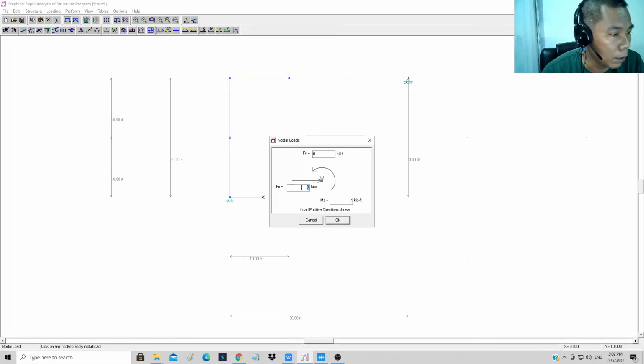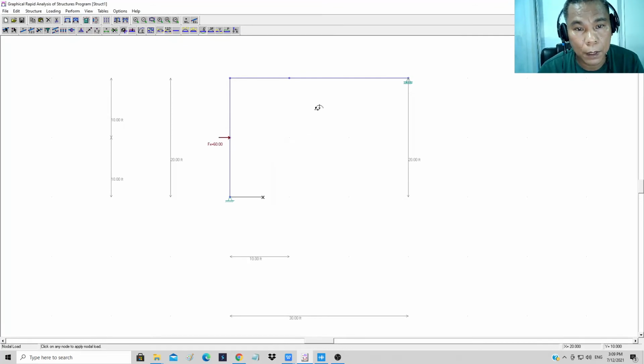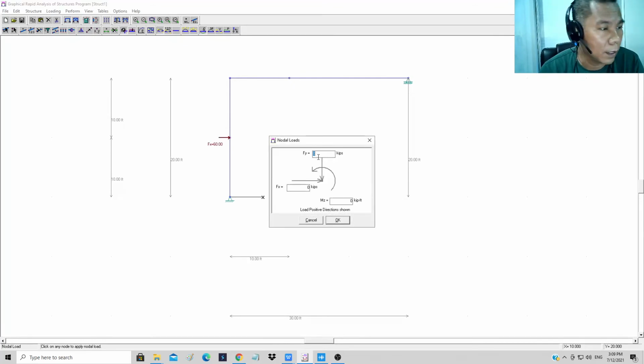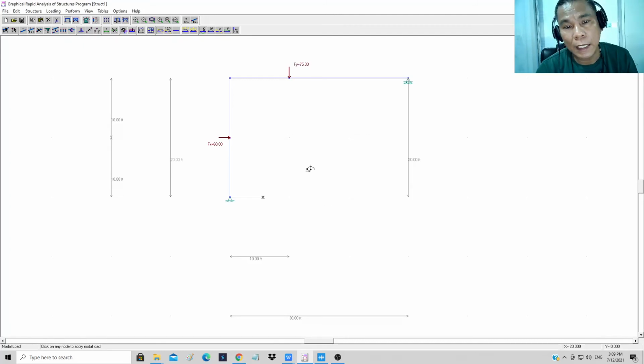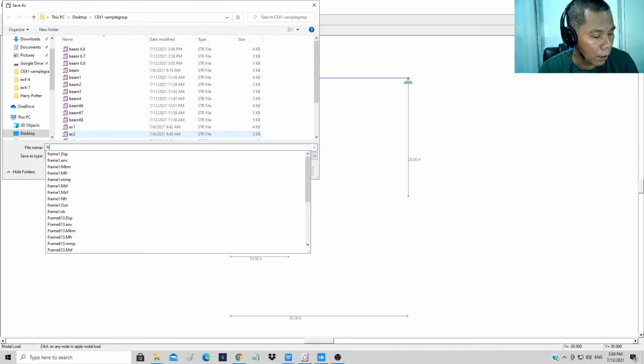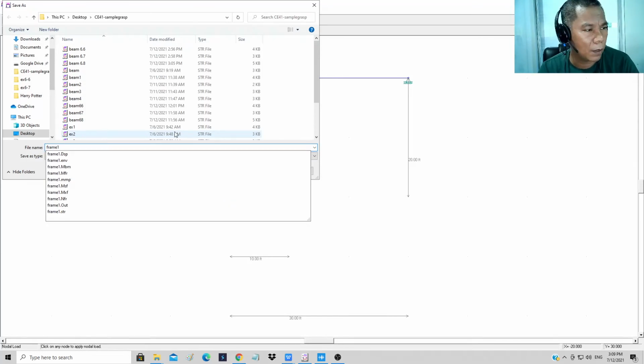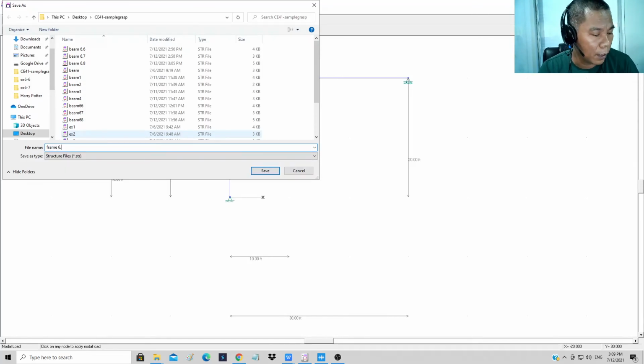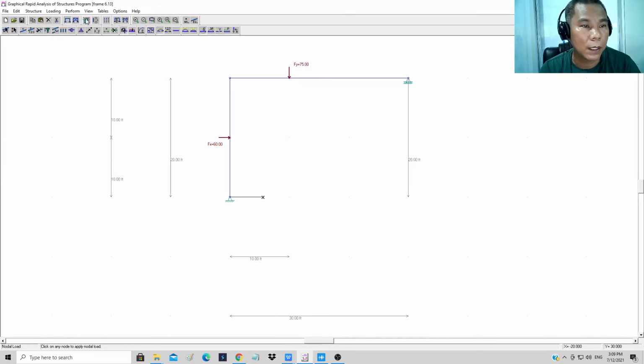That's around 60 kips, and here also, which is equal to 70. Again, it's not necessary that you have to divide it by 4 segments. You can just add 2 members here, and it will give you the same result supposedly. Then you can save your work. Frame, I just name it frame 6.13 because this is example from 6.13, and then you can analyze, check the